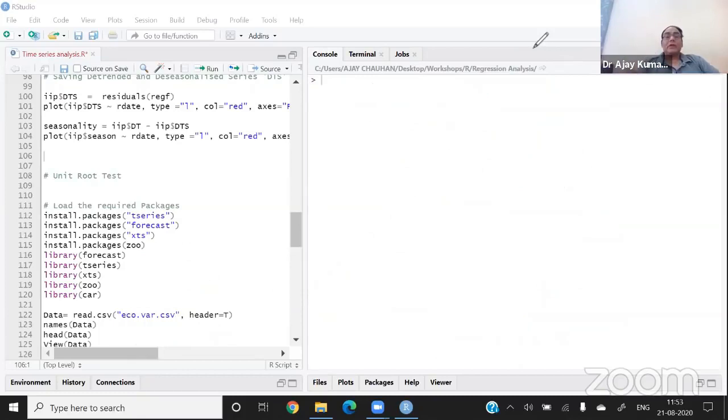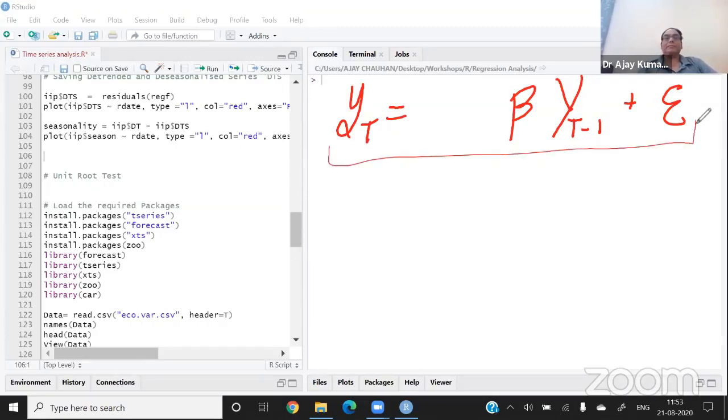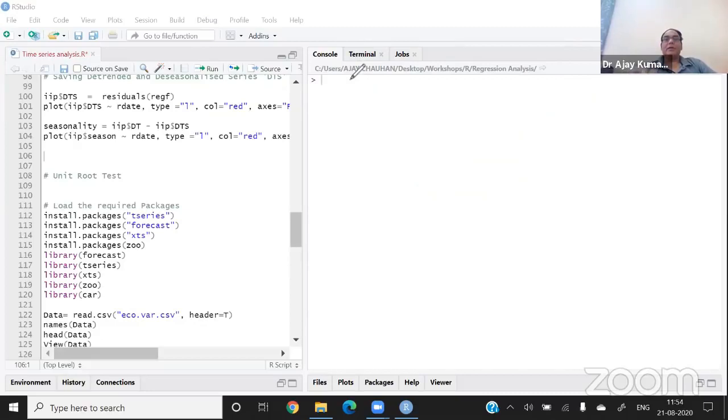Okay, suppose I run the regression model that yt is equal to alpha plus beta into yt minus 1 plus error term, right? In this case, let's assume that alpha is equal to 0. So I put alpha equal to 0, and let me remove this alpha, and the equation becomes this. Now in this case, you can see that yt, which is the value of y on any day, is predicted either by yt minus 1 or by et, the error on that day. Let me explain another way.